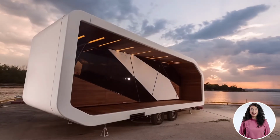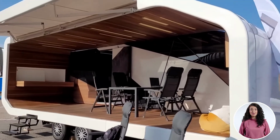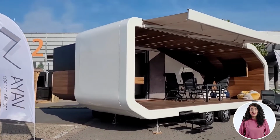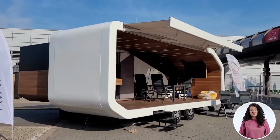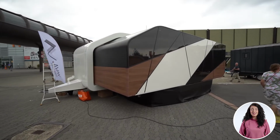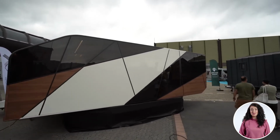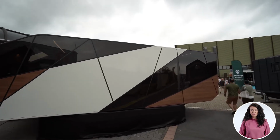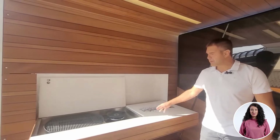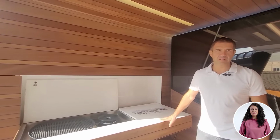Amped with a patented unfolding system, Vaya can extend up to 2 times its original size. And if you choose to utilize the folding awning, it can, in fact, increase to 3 times its original size. Vaya's flexibility and modularity make it a great option if you're constantly moving to different locations and have a large family. A fully functional outdoor kitchen is built into the sheathing of the mobile porch, which electromechanically brings itself into